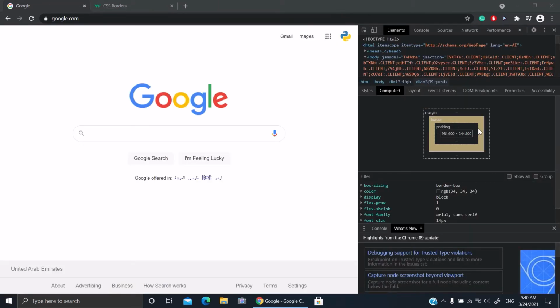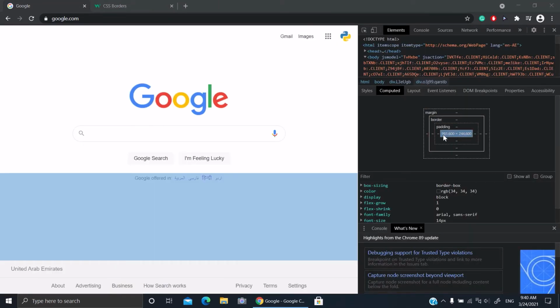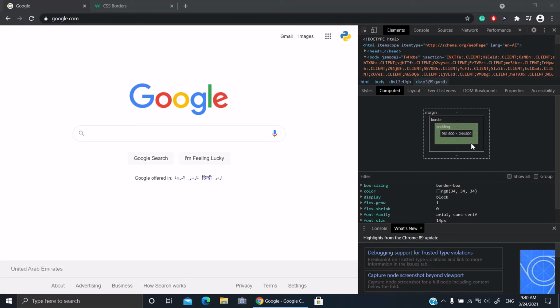here are their names. In the innermost we have the content. Here we have the padding. Here we have the border, and here we have the margin. Okay,